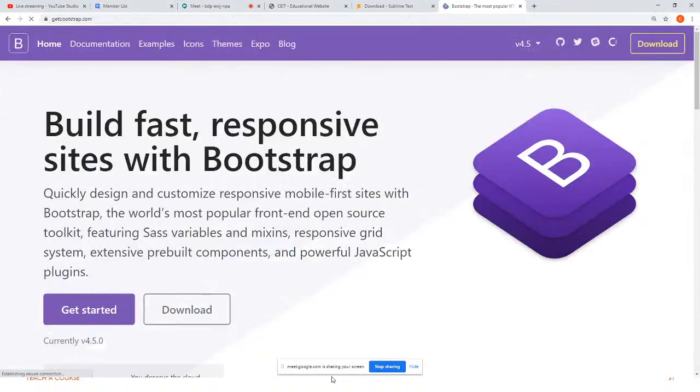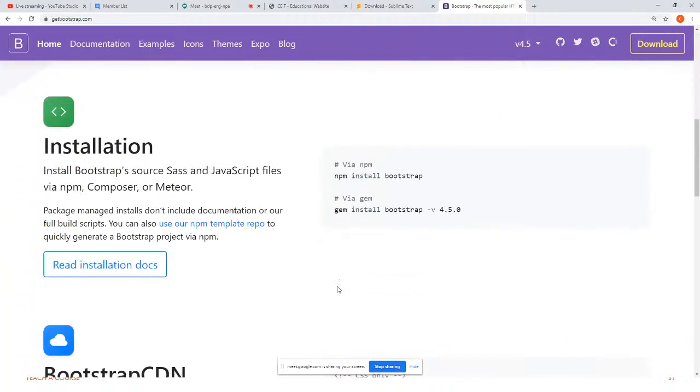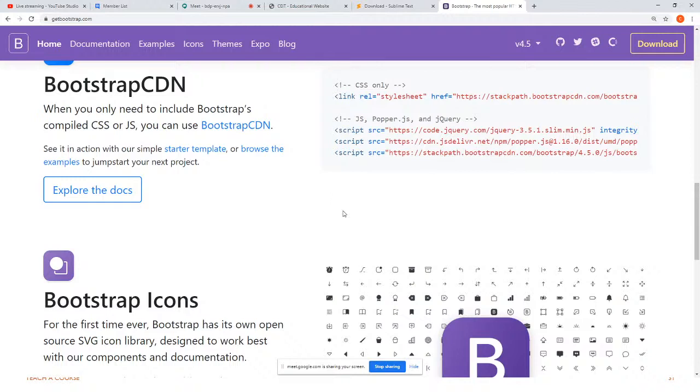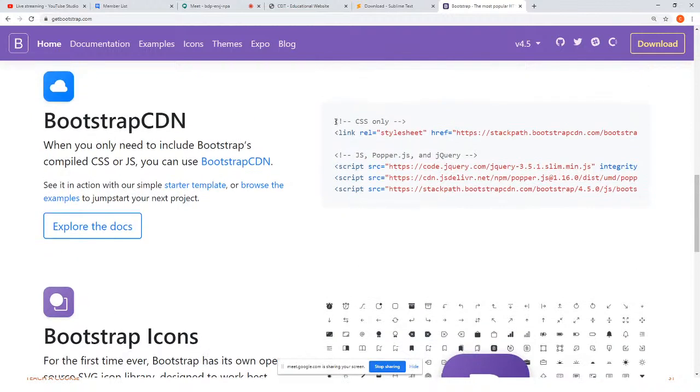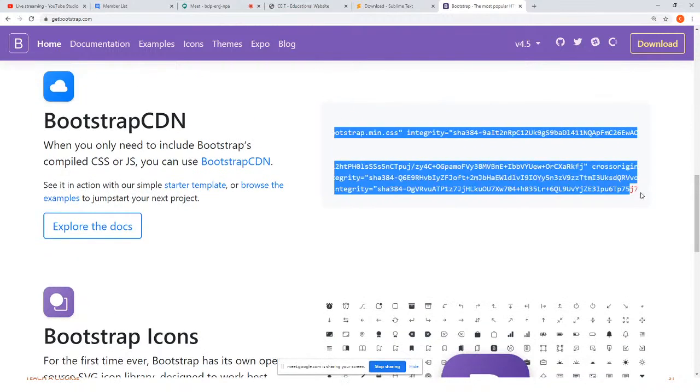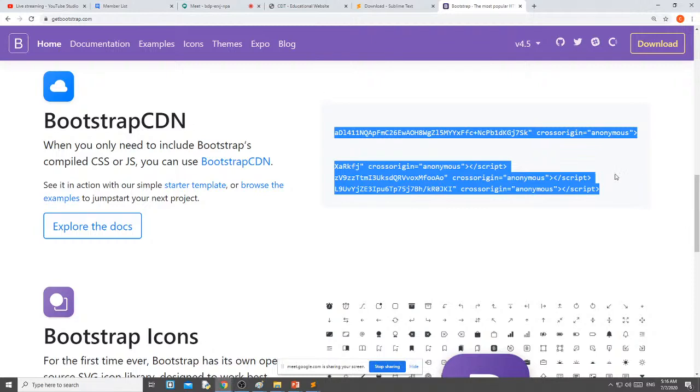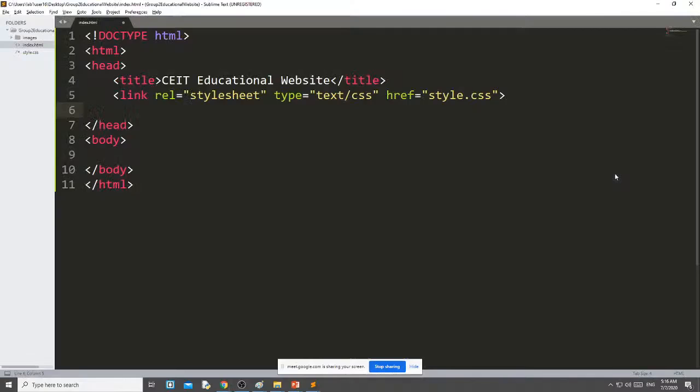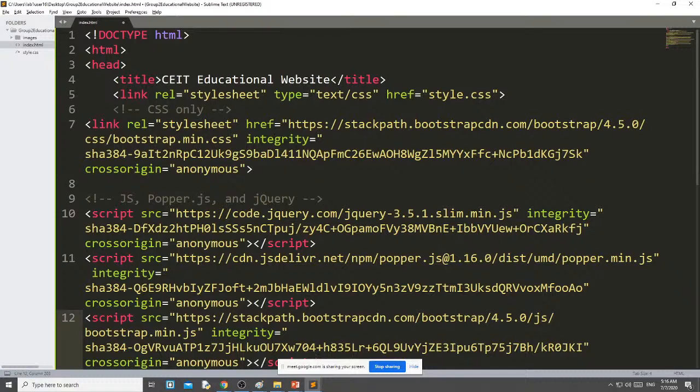This is the official Bootstrap page. Go down. Whatever is written here, just copy the whole thing and paste it here.